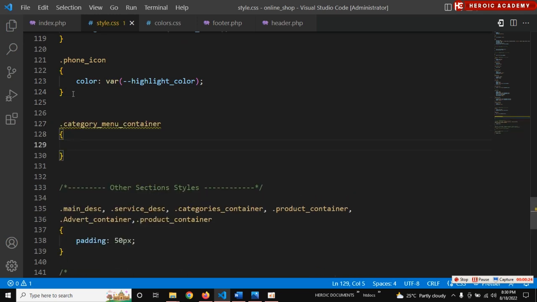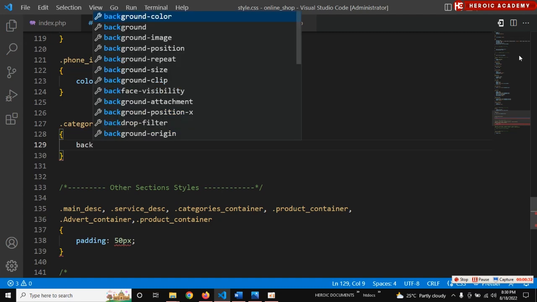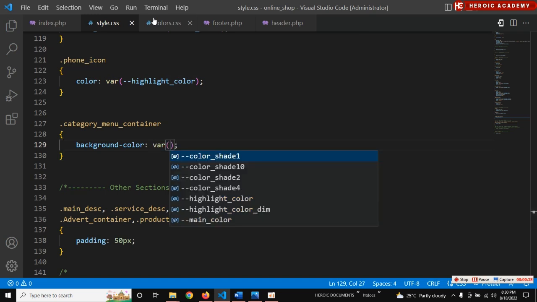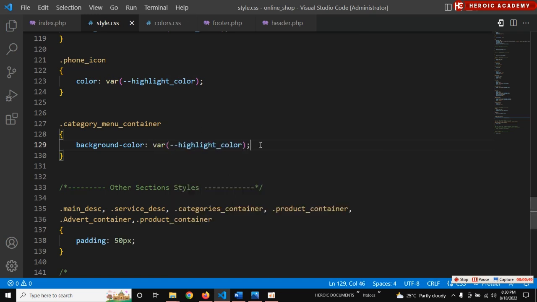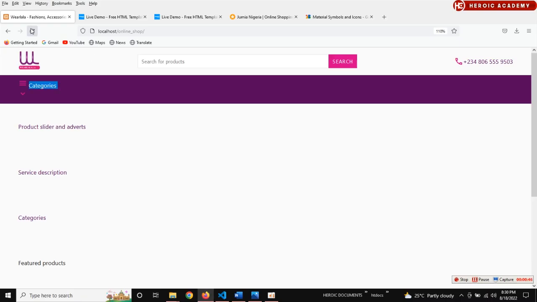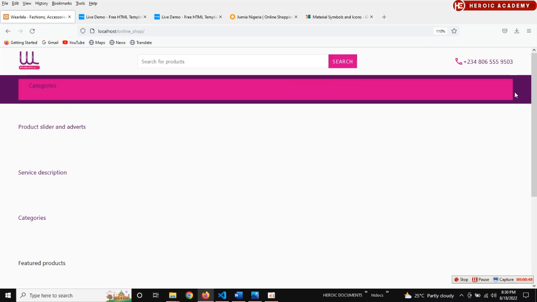Okay, now we are going to first of all give it a background color of our highlight color. Give it highlight color. Perfect. All right, then let's see what we have. So it actually took over the whole of this place, but we're going to